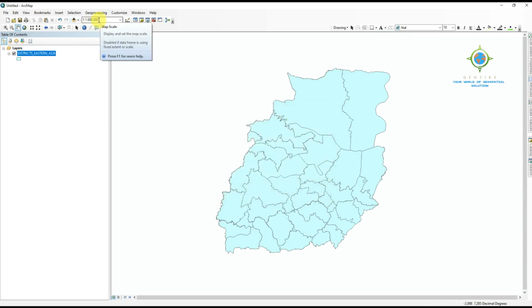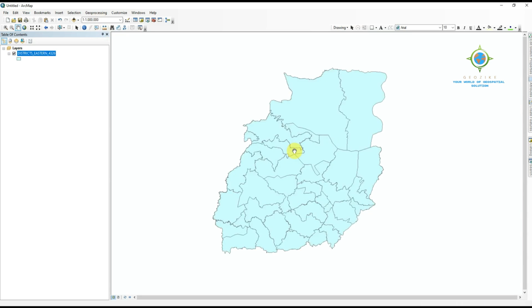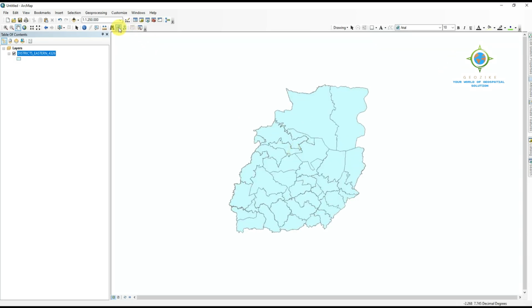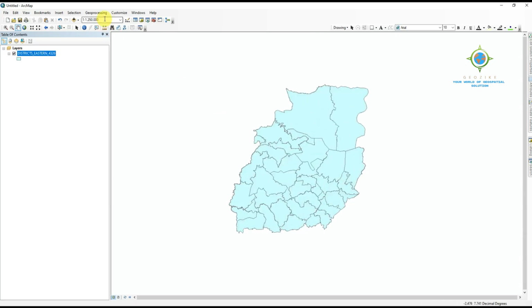Now the next item here is the map scale. The map scale tells us about the scale value of our map view. So this is our map view. Now, when you zoom in and you zoom out, you will see that the scale value changes as you zoom in and you zoom out. Now, you can also specify your map scale or even fix it or block it so that when you zoom in and zoom out, your scale value